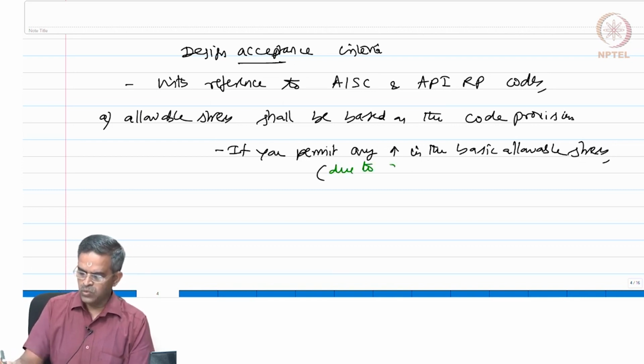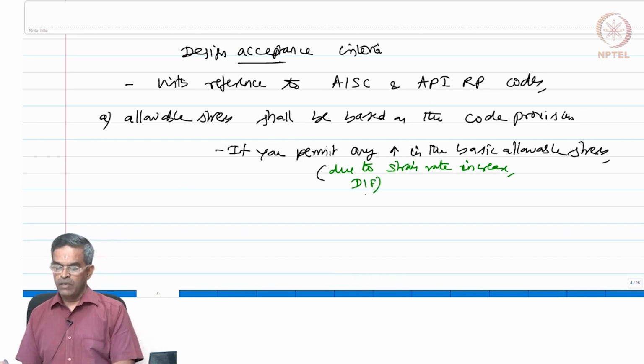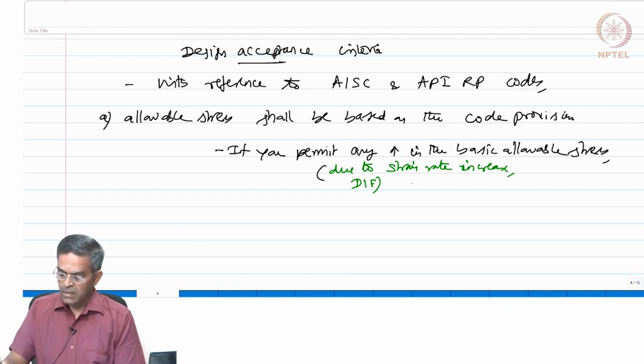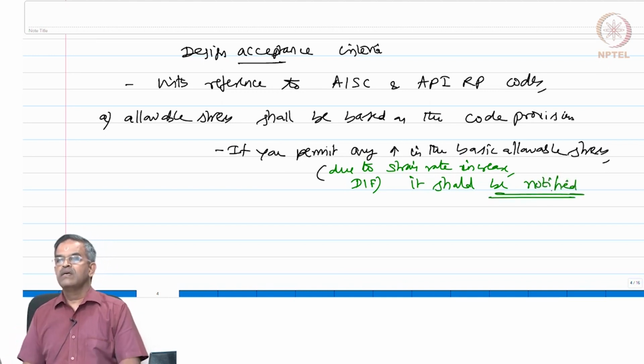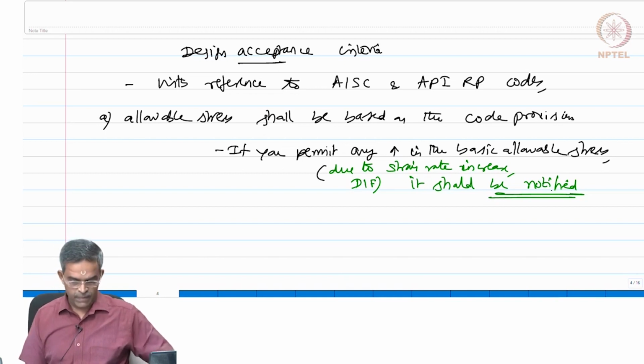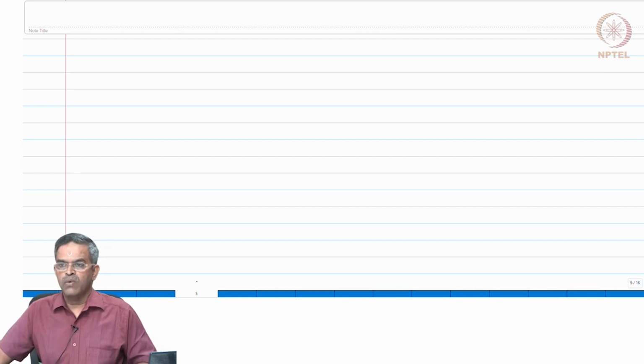It can be due to strain rate increase, it can be due to dynamic increase factor, etc. If you permit that in the design, it should be notified. Okay, that is very important. You must specify this very clearly in the design. So, that is one of the requirements of the design. Okay. Furthermore,